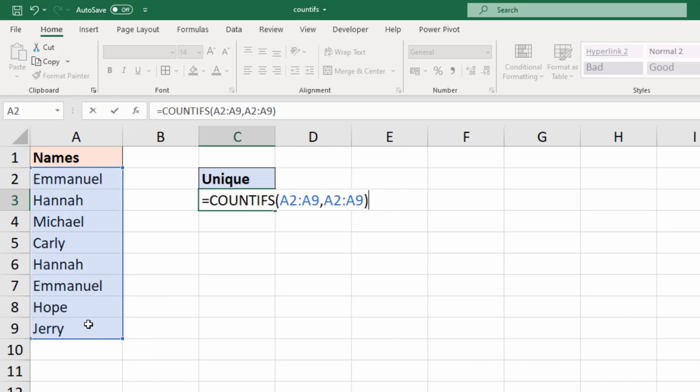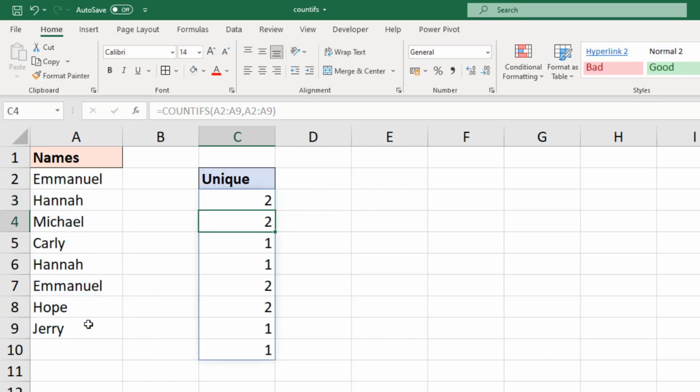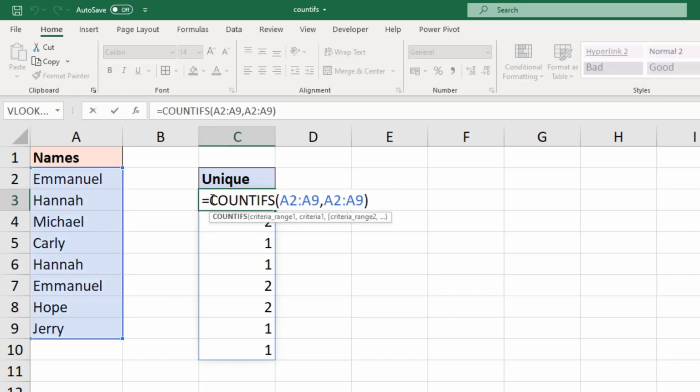Now, on its own, this Countifs function is going to produce these results. Now, don't be sidetracked by the spill array here. The approach I'm taking will work in all versions of Excel. Yes, it is 365 doing the spill array, but this is not the end result. That is not a requirement. However, it does nicely show the inner workings of this function, and those names that occur more than once have a number 2. So all I can now do in there is stick a number 1 divided by those results,